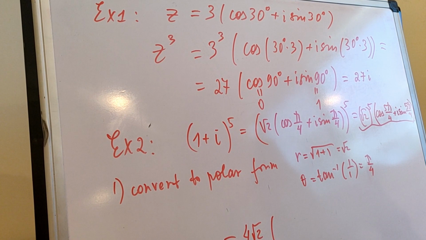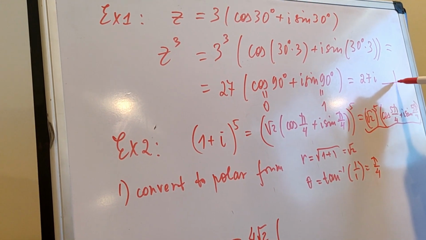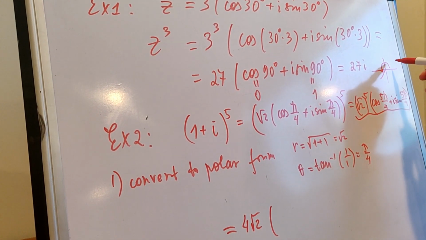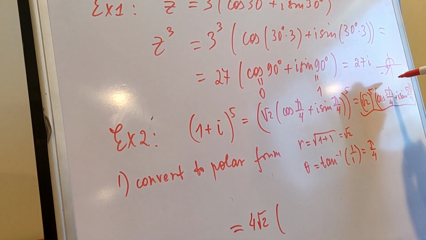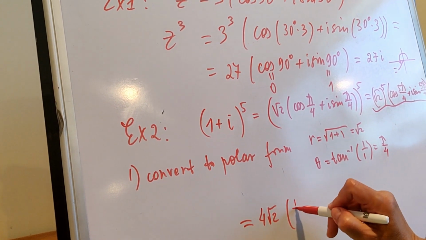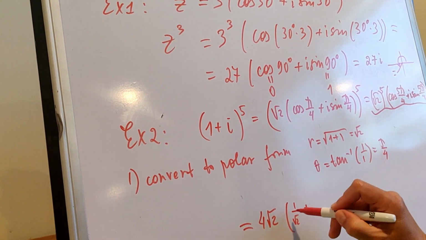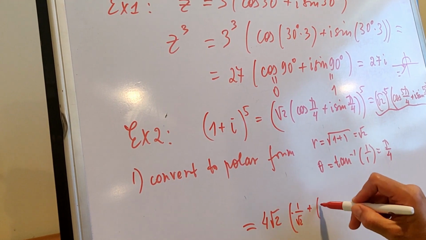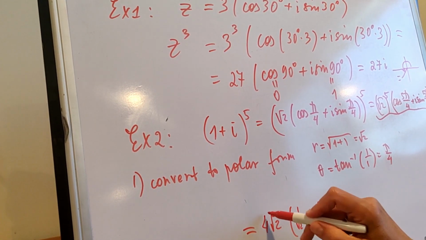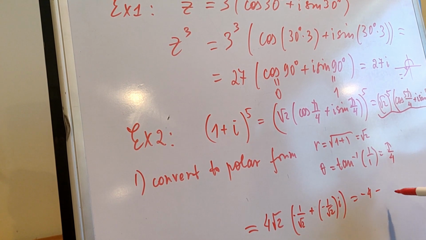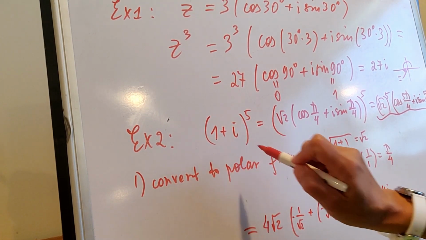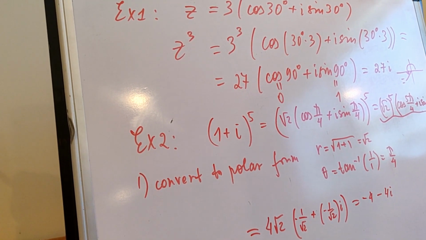What is cosine of 5 pi over 4? If you draw a little circle over here, 5 pi over 4 is the angle over here, right? Well, it's basically the same as cosine of pi over 4. Just remember that cosine is negative here, and sine is also negative here. So both of them are going to be negative. So I'm going to write down minus 1 over square root of 2 plus negative 1 over square root of 2 times i. Well, I'm going to multiply everything, and the square root of 2 is going to disappear, so it's minus 4 minus 4i. So that's the fifth power of this number. It doesn't look very similar to the number itself, right? Okay, so now guys,